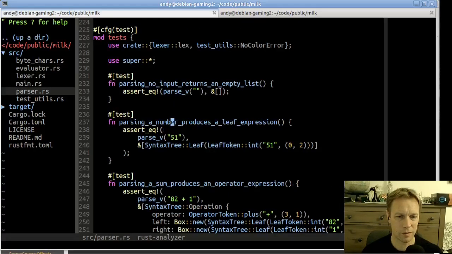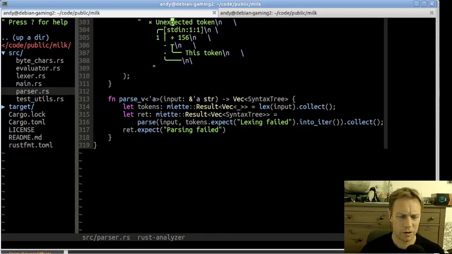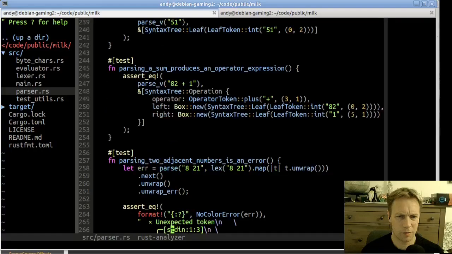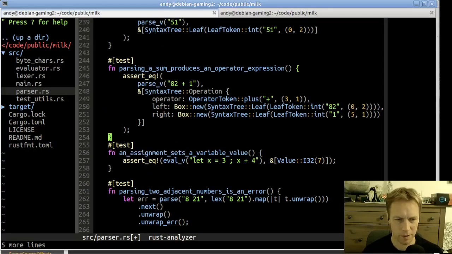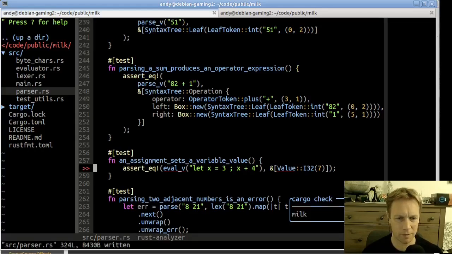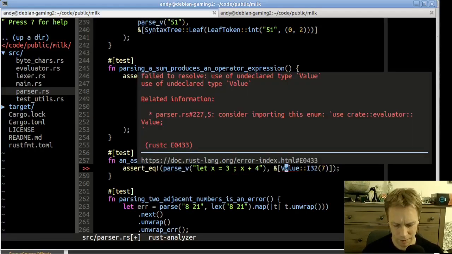But now let's do something in the parsing world, which is we'll put it just before the error message bits. We won't ignore it because we're going to hopefully get it parsing fairly soon. We might need some smaller ones first, but we'll see. And this is going to be parse this thing, and the answer is going to be,